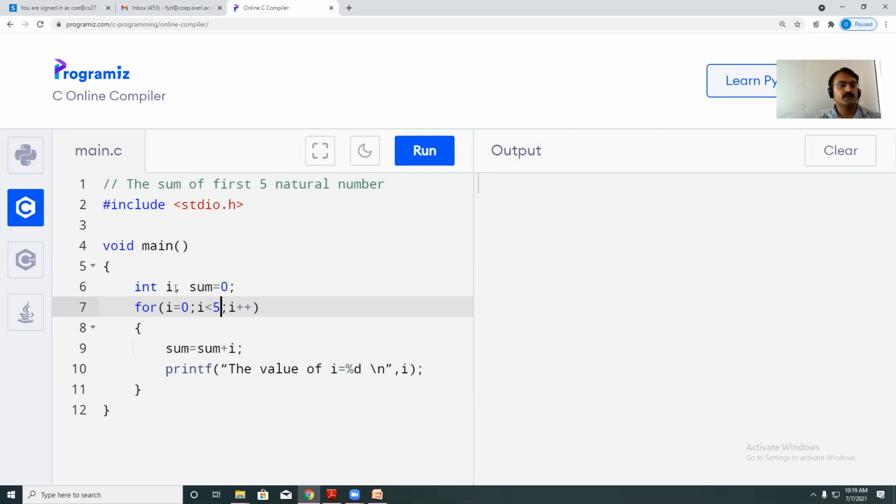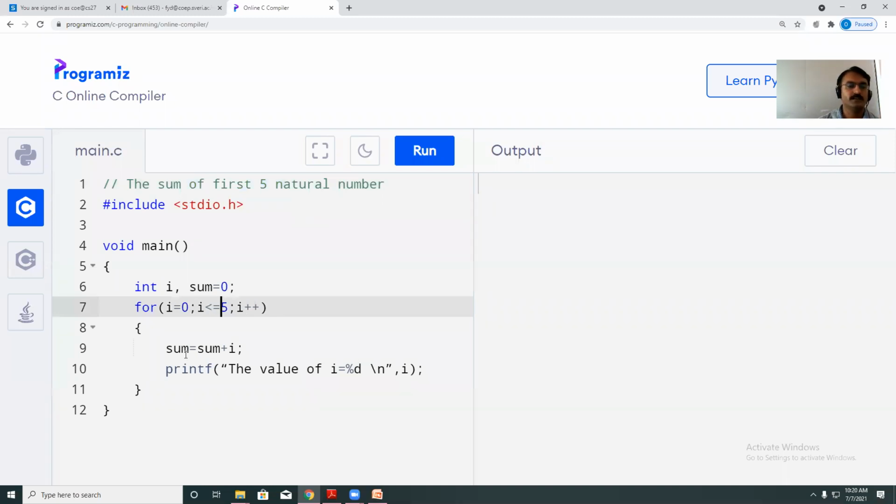So now check here. I have initialized the I variable for this loop statement, and I need to calculate sum. So initially I have taken the value for sum is equal to 0. I need to calculate sum of 5 numbers. First 5 natural numbers, so my program should iterate how many times? 5 times. Okay, 0, that is my starting condition. I should be less than or equal to 5, and I plus plus. That means it should increment by 1.